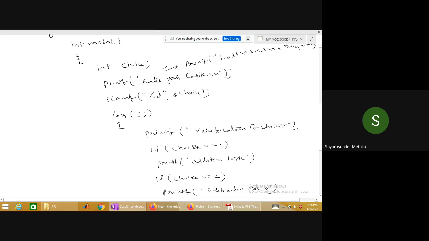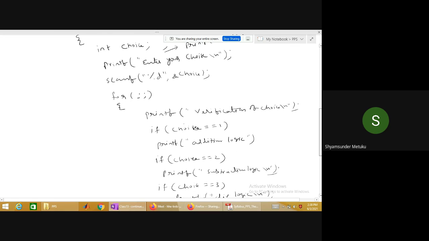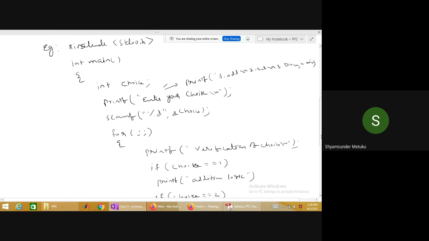So infinite time means what I'm trying to do here is, just a minute. Okay, because the program is very simple, I wanted to perform some kind of arithmetic operations. Initially it will print the menu, then based on the menu you will enter some choice.